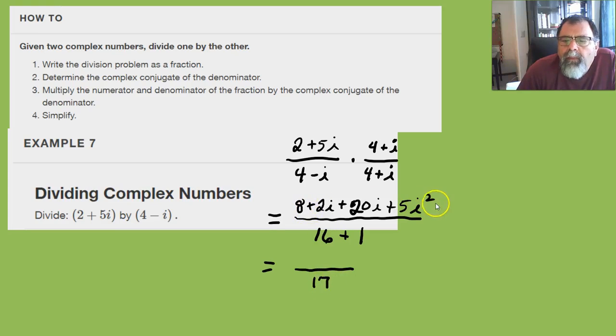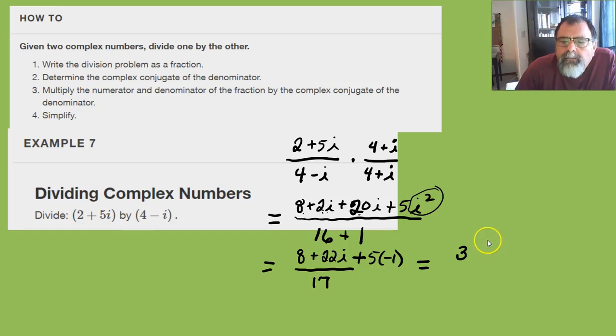The top, now this again is another -1. -1 times 5 is -5. So we got 8 minus 5. Okay, I'll write it. Let's combine these two. 2 plus 20i. And then we got plus 5 times -1, which is -5, plus the 8 is 3, plus 22i,